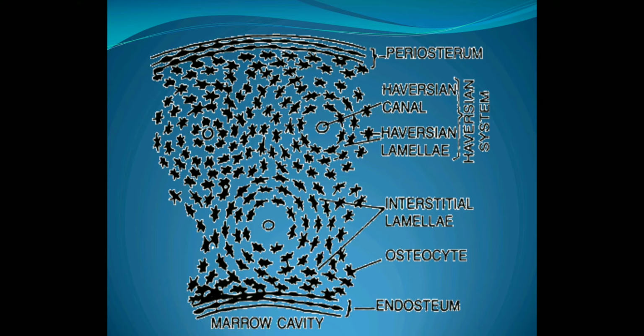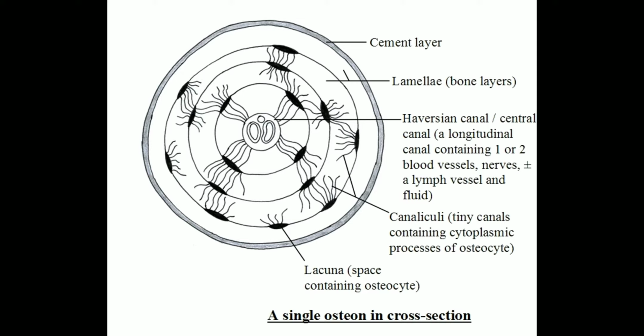In this periosteum, blood vessels and nerves pierce through it, and the matrix is arranged in the form of concentric layers called lamella. Now each lamella contains fluid-filled cavities called lacuna. Fine canals that radiate from each lacuna are called canaliculi. Canaliculi of adjacent lamella connect with each other as they traverse through the matrix.